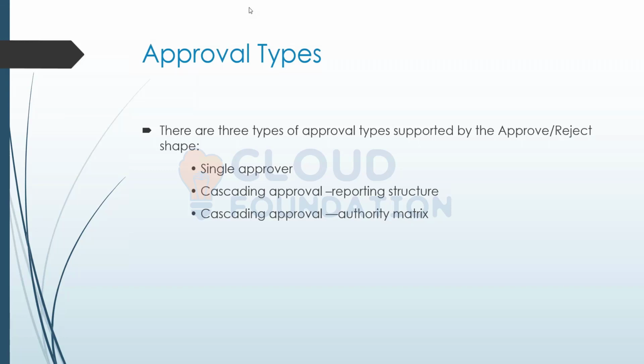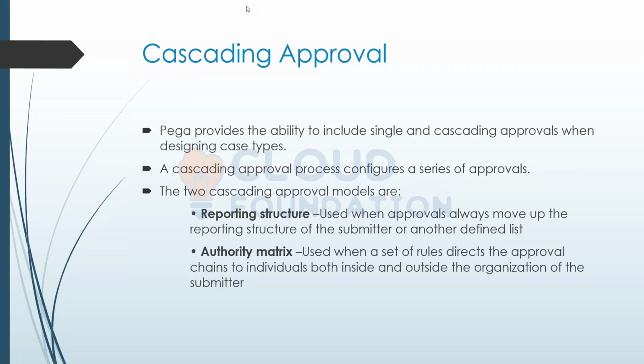So what are these two? Let's see. Reporting structure is something which deals with the operator. On the operator profile, you will decide who this operator reports to, and it goes in the reporting hierarchy. For example,